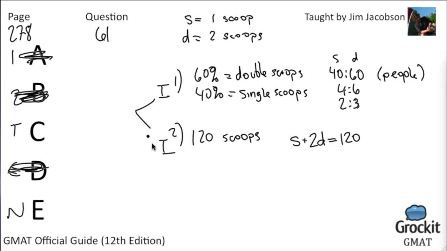Now we need to look at the two in conjunction, and things get more interesting. So we know then that the ratio is 2 to 3 for people who are